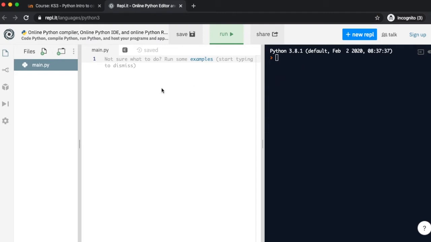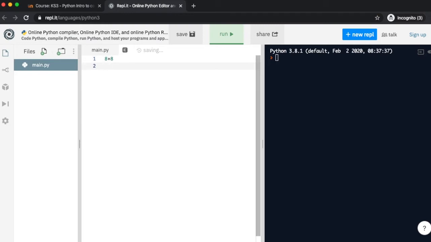So if I typed in 8 plus 8 and press enter, you can see it's done nothing. It's just gone from 1 to 2. This is because this is the code editor that I'm typing straight into. So I can type a number of lines here, and I can put more and more things, and as it goes down, the number there, this is the line number, will increase. If I want to run this code, if I press run,